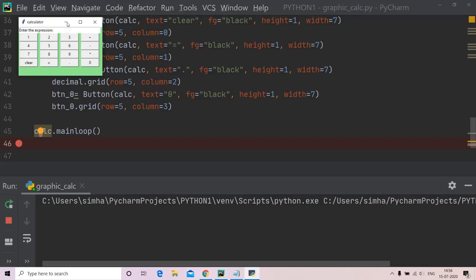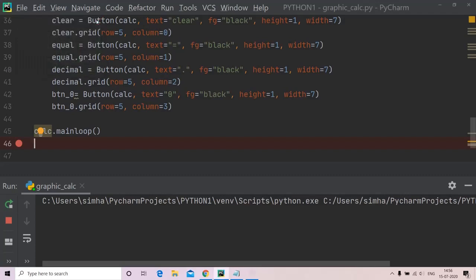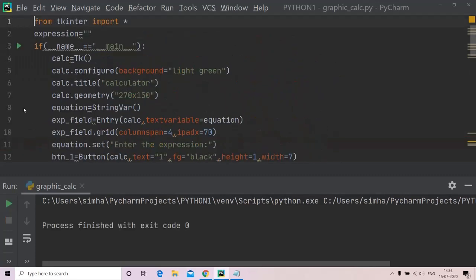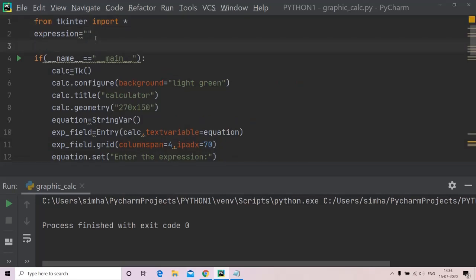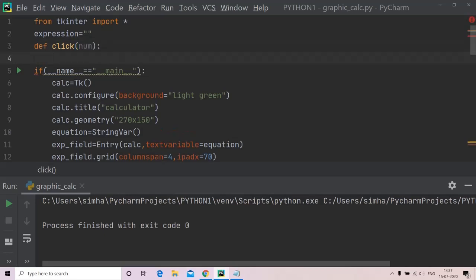but here if I click these buttons, it's not showing any expression here, right? So to do that we have to create some functions. Okay, let us create those functions. Go to the top of your code and before main loop, now let me create some functions. I'm defining my first function for clicking of my numbers, click, and I'm taking my parameters to be num, global expression,